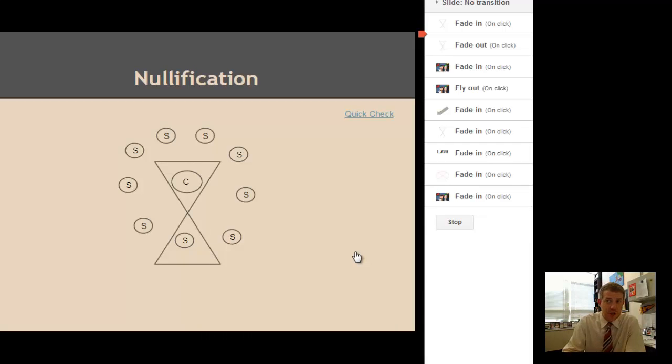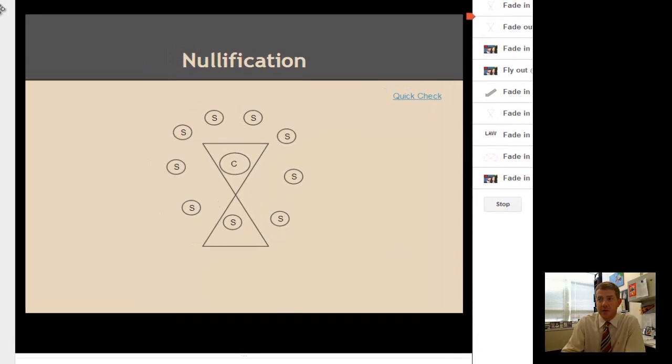if you can see this, we talked about this a little bit in class today. The idea that, I'm going to move this over just so you can see, the idea that the Constitution is a contract. Oh, I'm sorry, fourth period, we didn't do this. So let me go into detail on this. This may take a couple more minutes, but if you really want to understand nullification, you can watch the rest of this. If you feel like you've got it, you don't have to watch the rest of this, but fourth period, you need this. So pay attention here a little more closely.